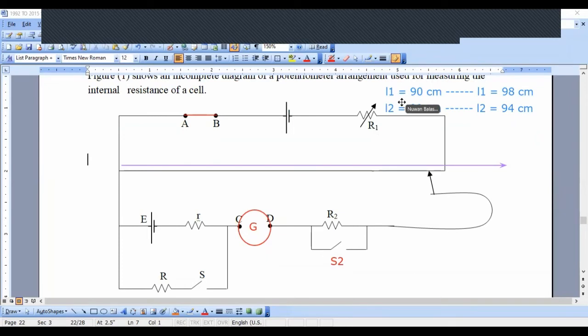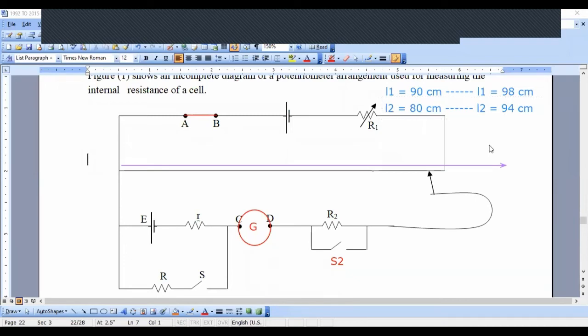They ask which balance length should be used for this purpose. To adjust R1, should we use L2 or should we use L1? That's what they have asked. Clear here? They have asked whether we should use L1 for the adjustment of R1 or whether we should use L2 for